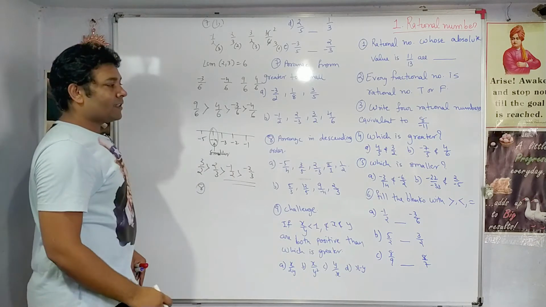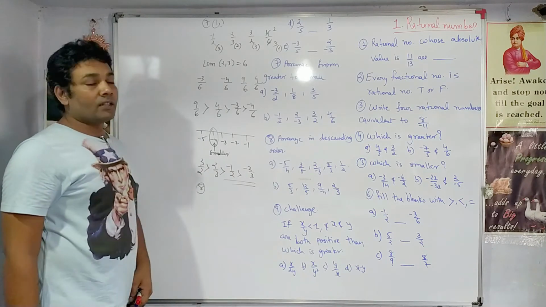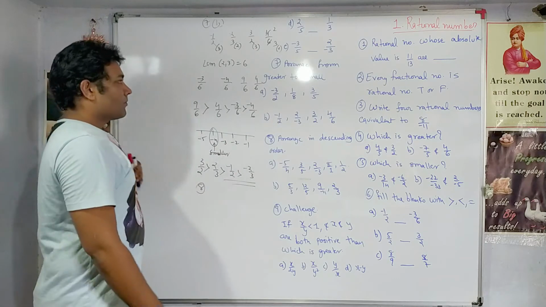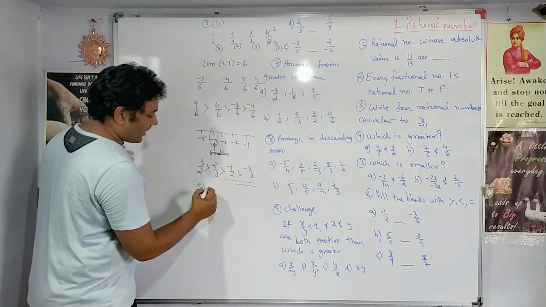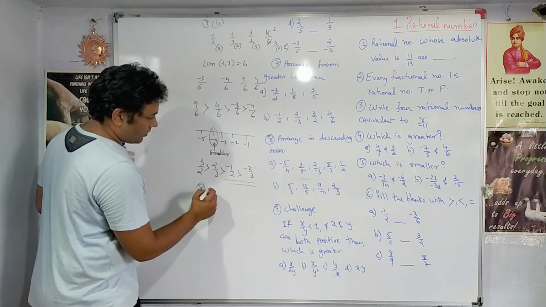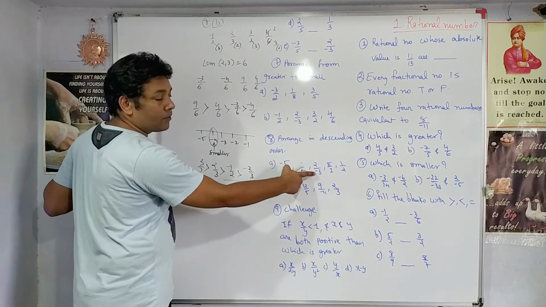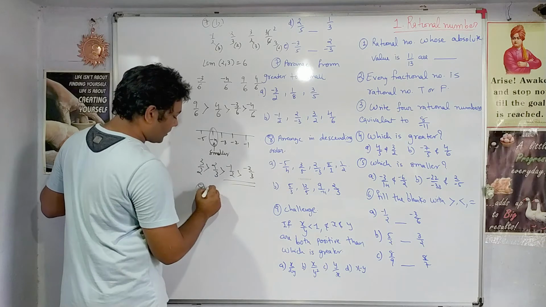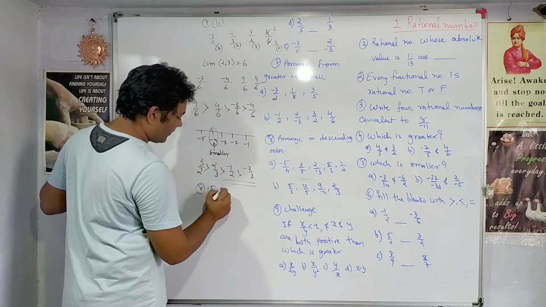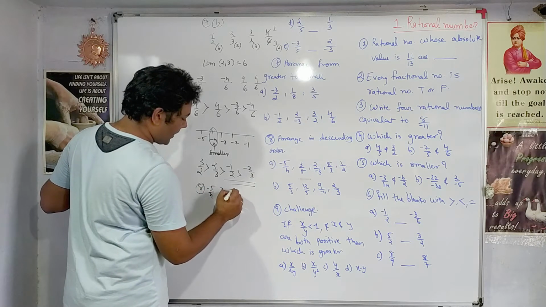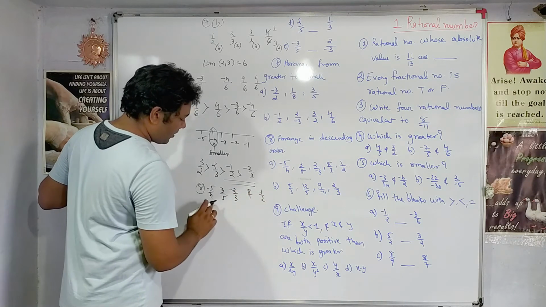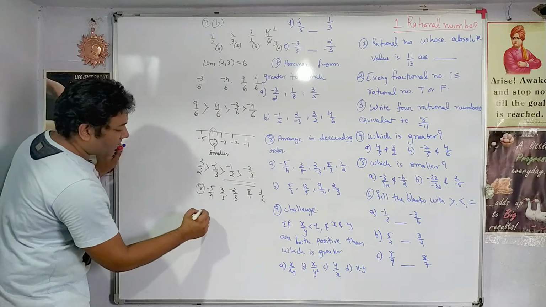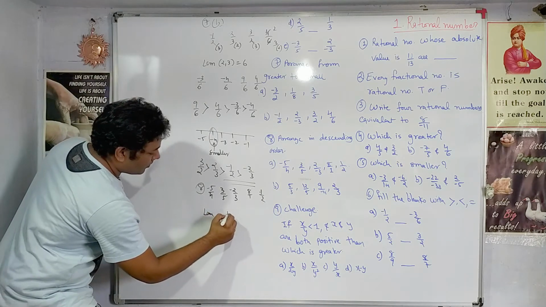What do we mean by descending order? Descending order means again it is greater to small, right? So again we'll take the LCM of all the numbers. As I said, if you see a negative sign in the denominator, it can be shifted to the numerator. So this will be minus 2 by 3, 8 by 1, 1 by 2, 4, 5, 3 and 2. What will be the LCM? So let us find out.